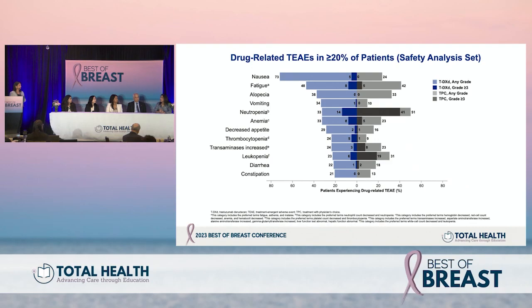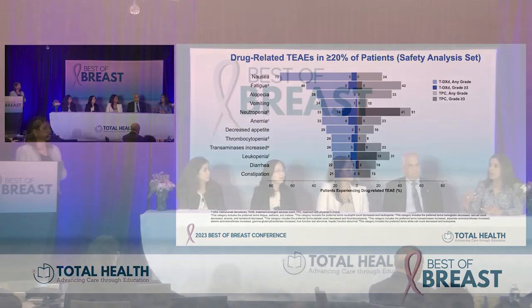Destiny-01 had a higher grade, and these were more heavily pretreated patients, perhaps more going in with some alopecia, and how we collect this data and how we report these data. And Destiny-03 had a slightly lower incidence. But in practice, I will occasionally have a patient who might have grade 2 alopecia or higher, but I would not necessarily see a whole lot of women having more than hair thinning with this drug,